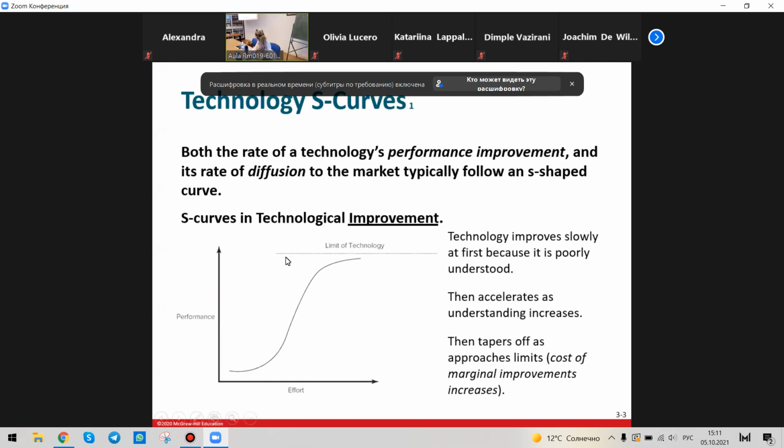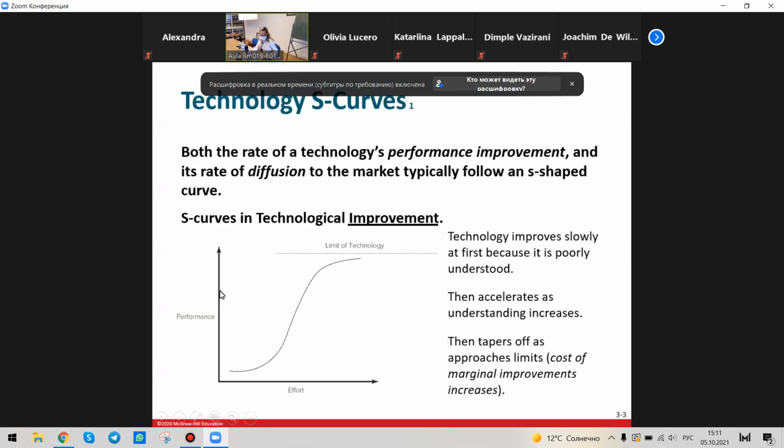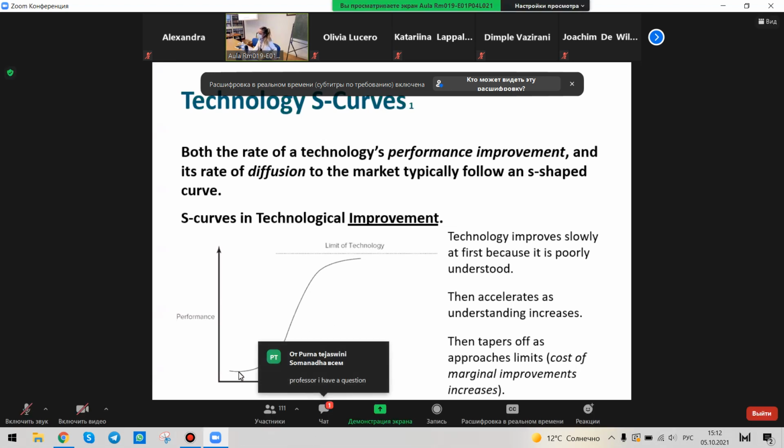And then we also had the limit of the technology. This means the intrinsic limit of each technology, depending on, of course, its maximum level that can be reached in terms of performance or in terms of improvements, okay? So what is interesting to note about this is that some theories and laws also, as we will see in the next slides, have developed according to